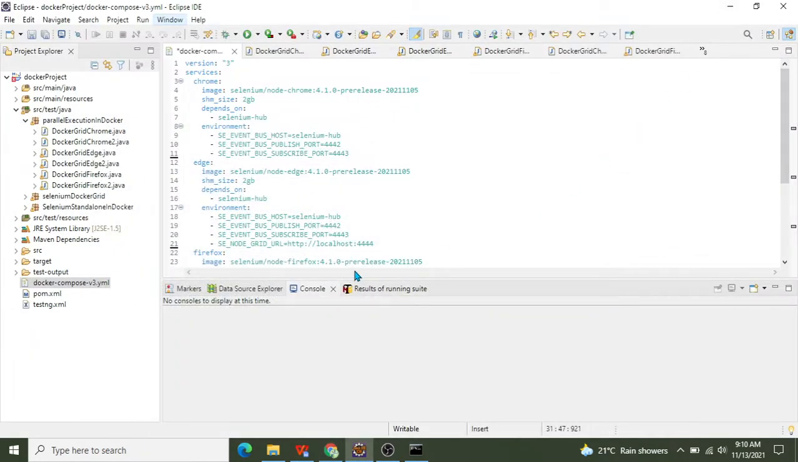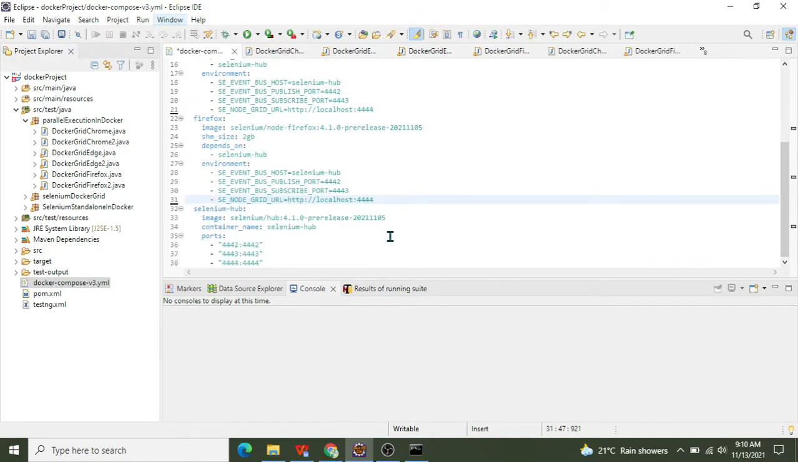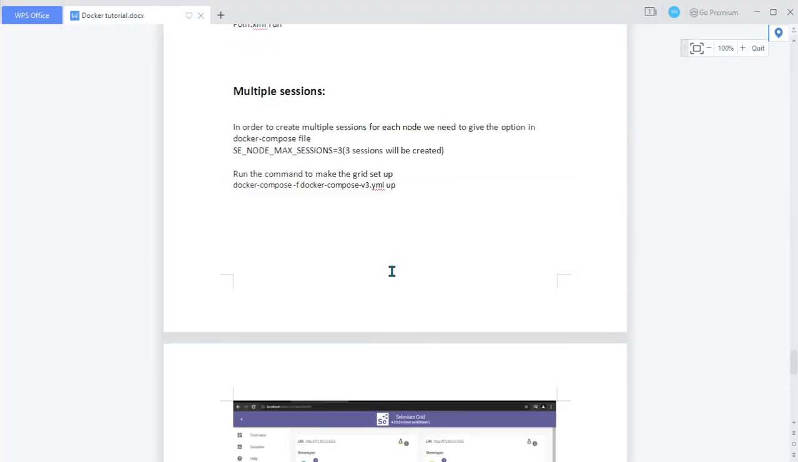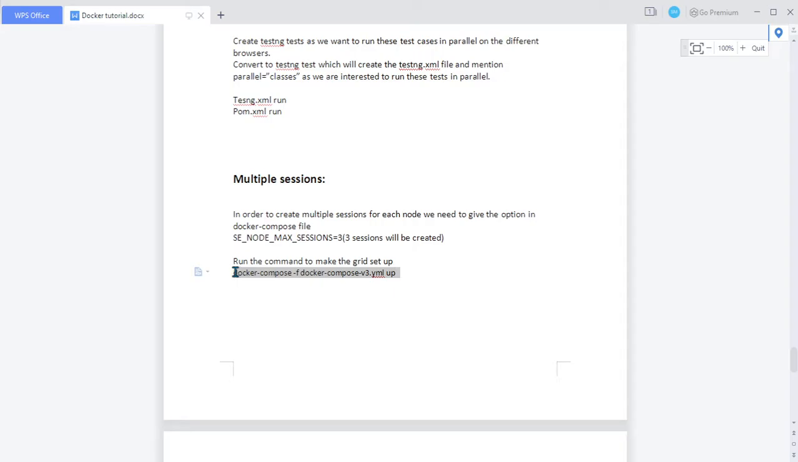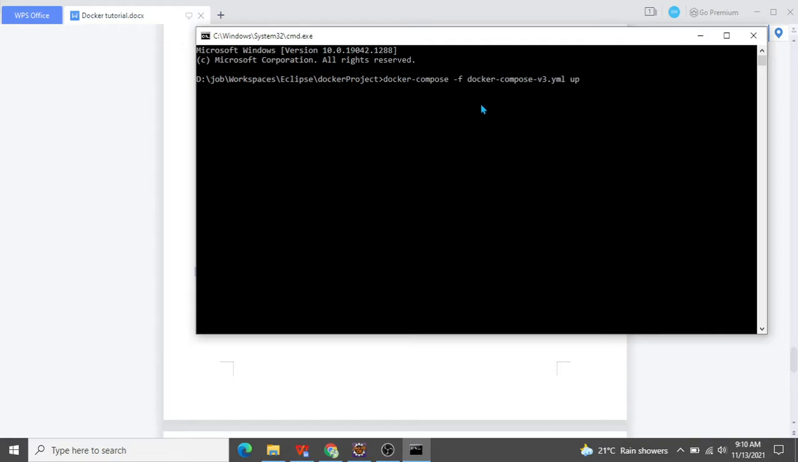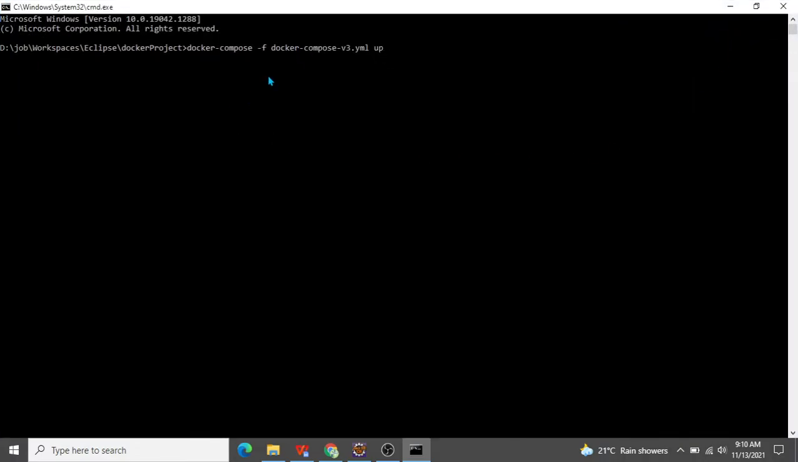Now if I'm going to run the command, what is the command? Docker compose up, right? Let me copy the command. So docker compose up with the option -f, and you have to provide the name of the docker compose file. If the file name is the same as docker-compose, you don't have to provide this file path. Since we have saved it as docker-compose-v3.yml, I'm providing the full path. And now if I say enter,